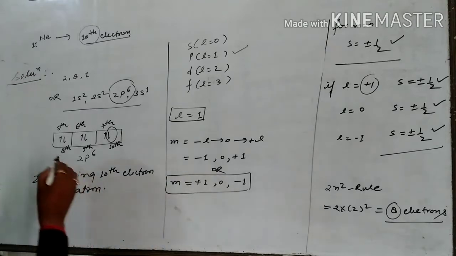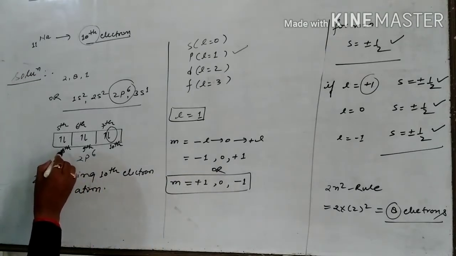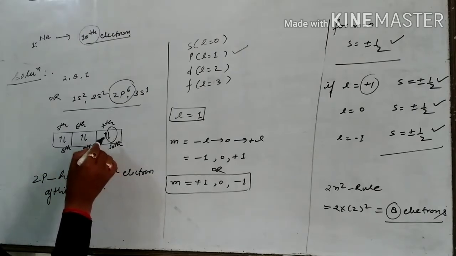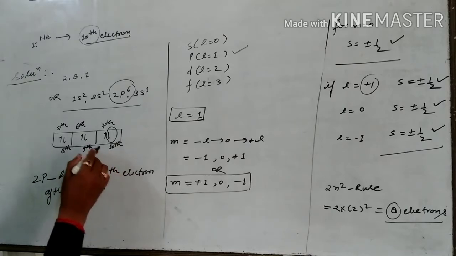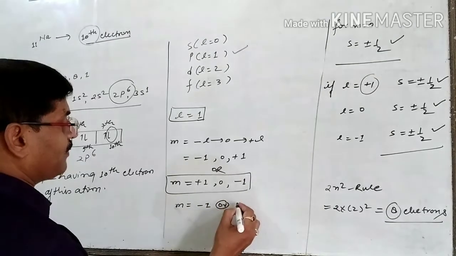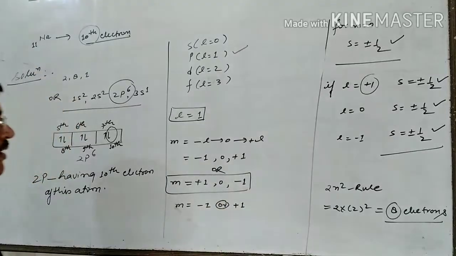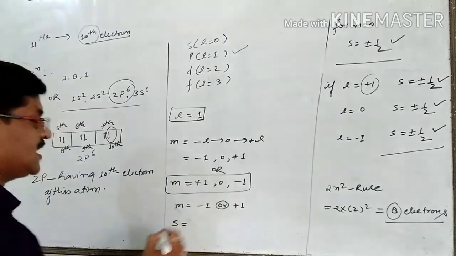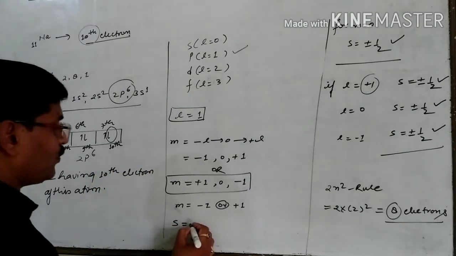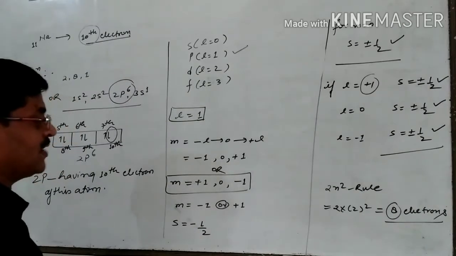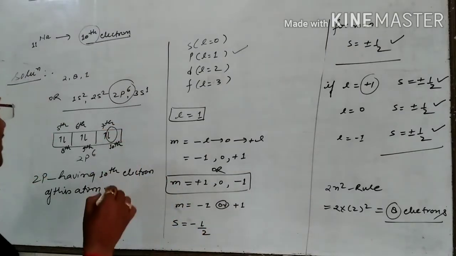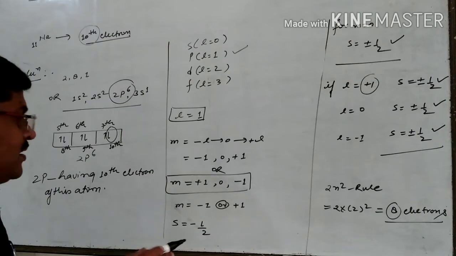You are saying for the first having plus 1, 0, minus 1. It means that the 10th electron is in the third orbital of the p. That's why you have to pick up here m is equal to minus 1, or sometimes you may find and write plus 1. After that, for the spin quantum number, you are saying the 10th electron has downward spin. So for this the value is minus half. It means a complete set of quantum numbers for the 10th electron you can easily write as